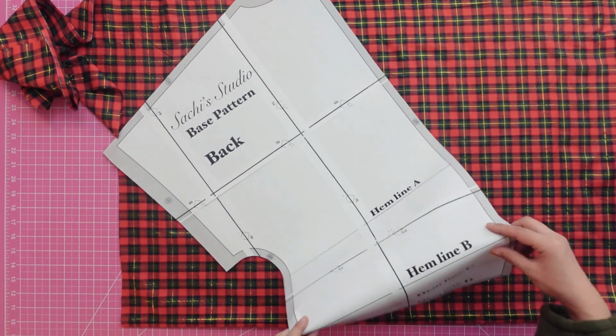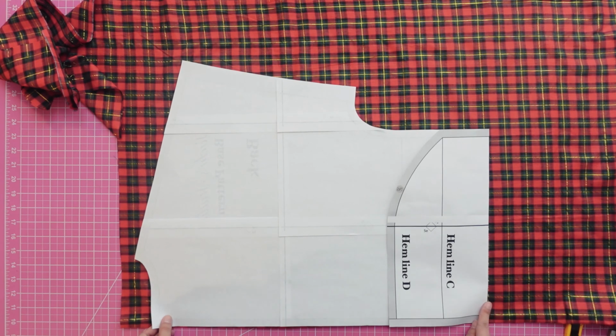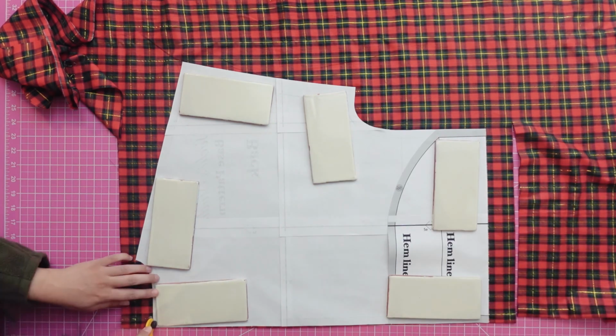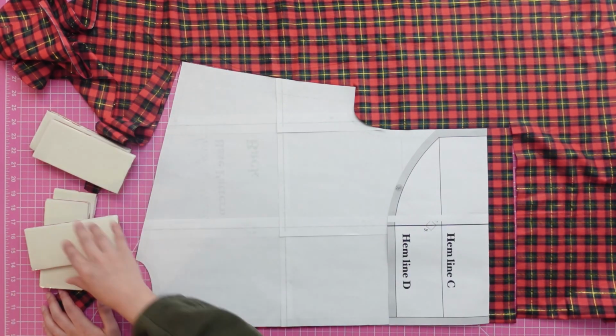Do the same thing on the back bodice. Now I'm looking at it, I see what I did wrong there. I forgot to align the pattern center back line to the folded edge. I should just cut off the seam allowance at the center back from the base pattern altogether so I don't